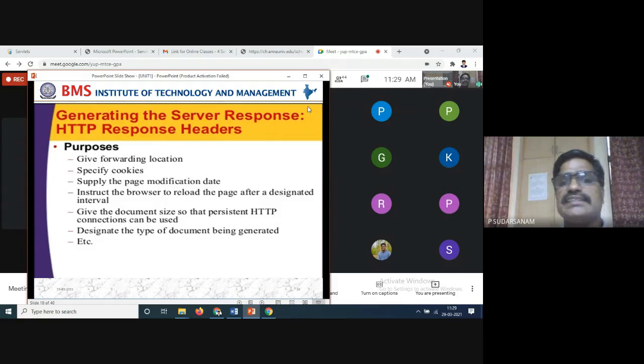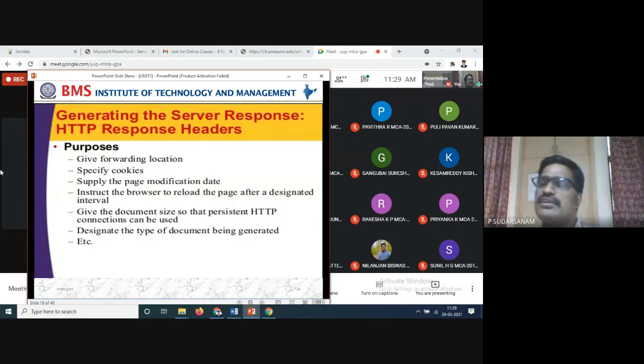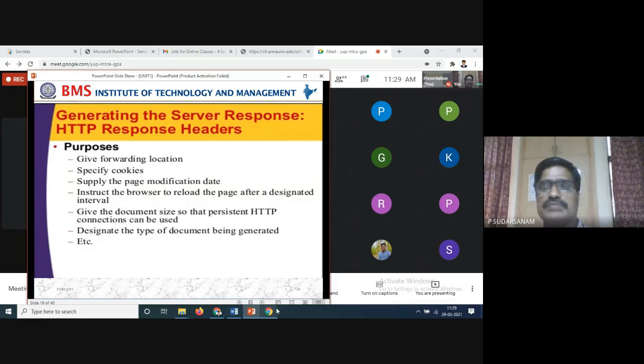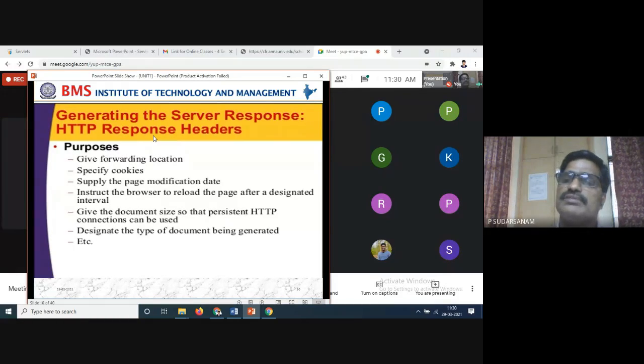So generating the server responses, HTTP response dates. In a simple way, here is how it is displayed: 29/3/2021. That means the date has been taken automatically. Even if I use the same file name tomorrow, the day will be displayed. Page numbers also, I will not do it for any page, it will be displayed automatically. So generating the server's responses, the information will be available. When you have downloaded, some of the information should be displayed automatically. That is what the automatic updates are.